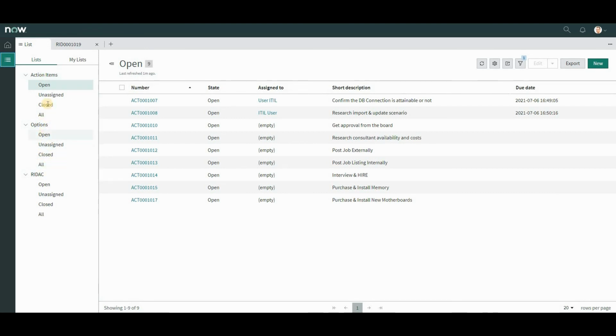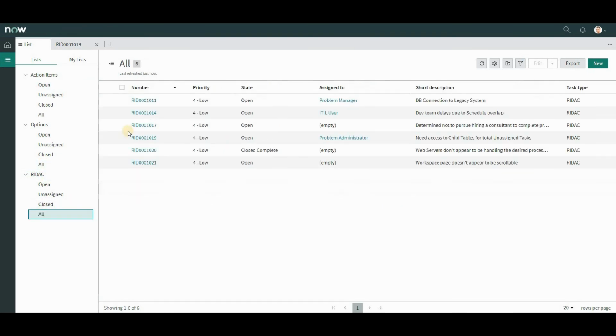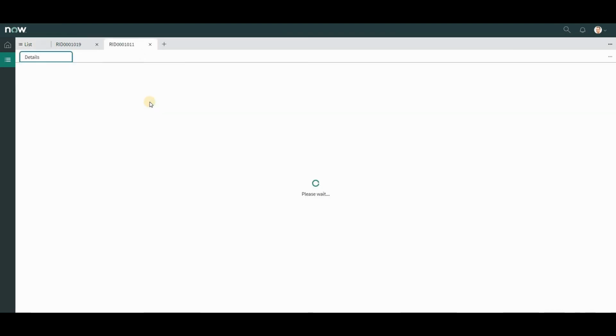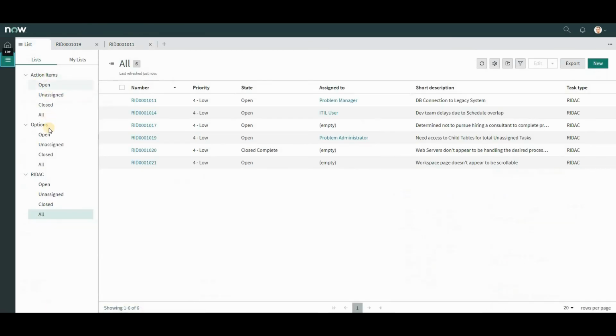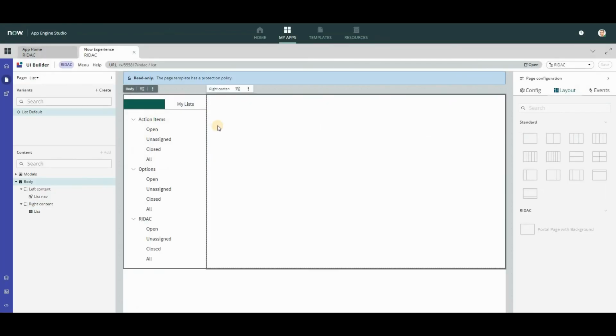Now, since the options and action items are specific to child records for the RIDIC table, it's not necessarily needed. If we go into one of the RIDICs, we can see that based on how this was set up, that we can see the options and action items for that RIDIC. So in this case, we don't really need the action items or the options, and I'll show you how we can remove those. If we go back to the App Engine Studio,